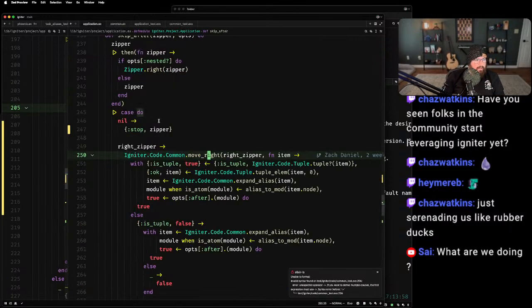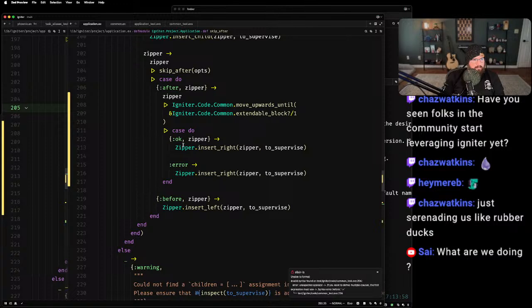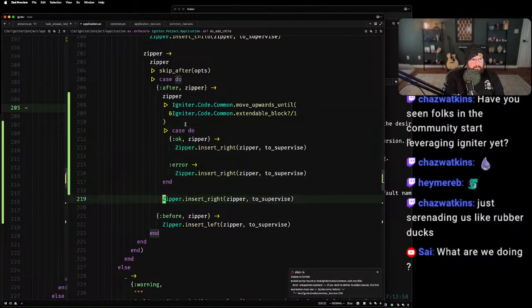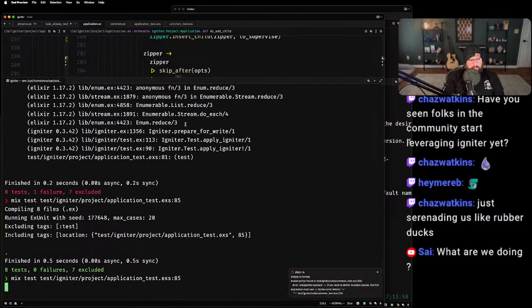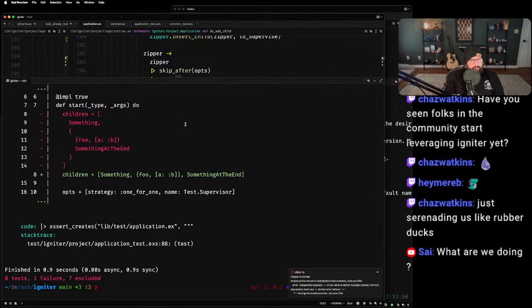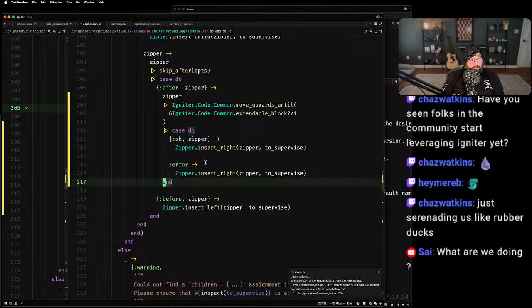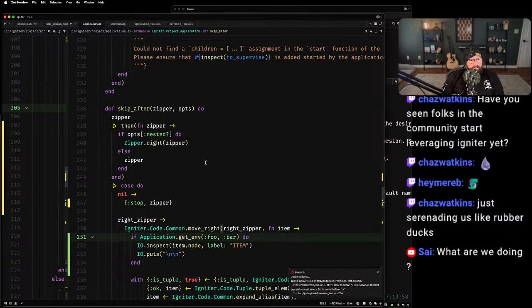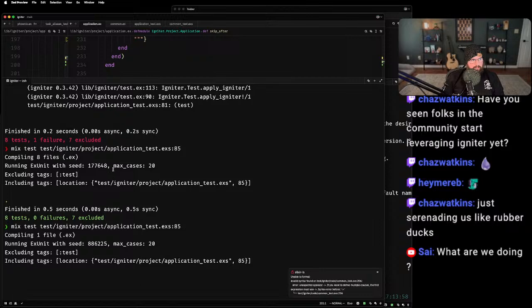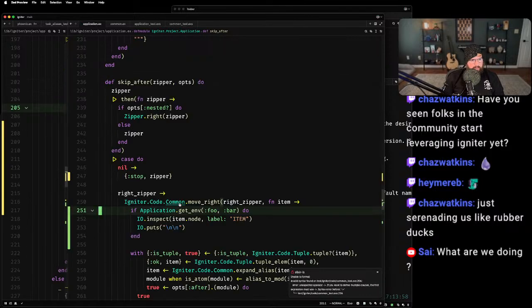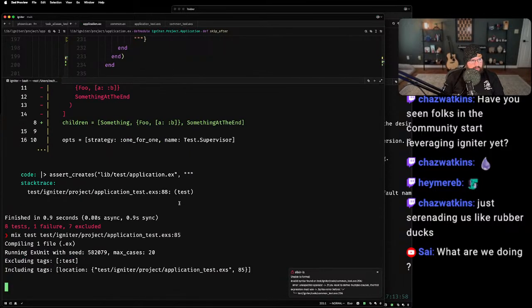So yeah, if I go back and I just make this zipper.insert right instead, it's not going to solve the problem. It's still going to do the wrong thing. So what we need to figure out, when we're going through the items, put this back in there.